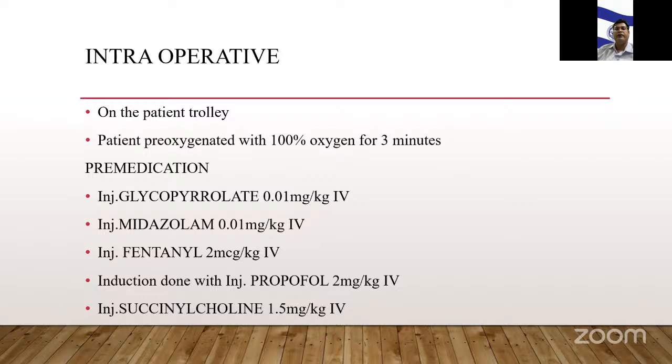Fine. So if you use 1.5 milligram per kg, what is your duration to achieve the intubating condition, full relaxation? 45 seconds to 1 minute, sir. 1 minute. Okay. Fine. Because 2 milligram per kg is the ideal RSI dose, where in 30 to 45 seconds you can get ideal conditions to intubate the patient. Fine. So good. Wait for the next, fentanyl you are using here.